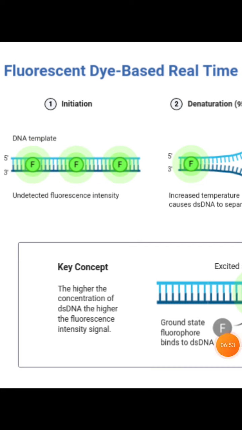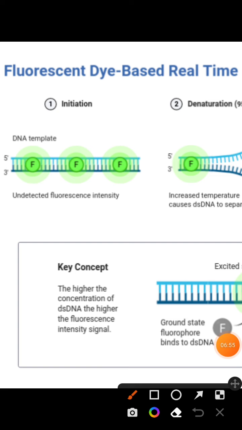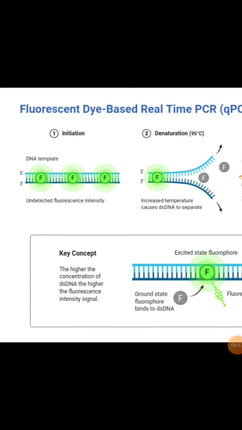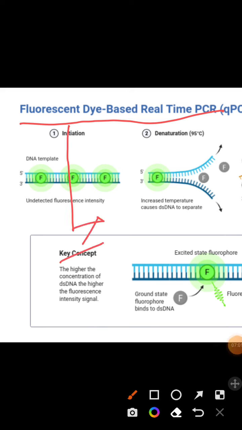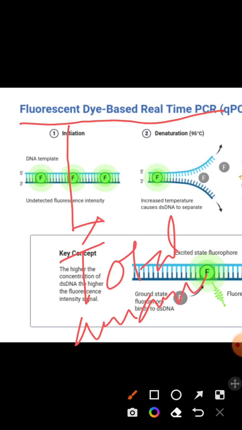Okay, so can we say that this fluorescence based real time PCR can only tell us about the total amount of double stranded DNA molecule that is generated